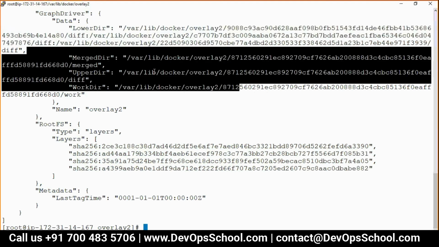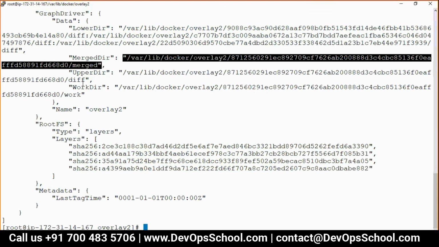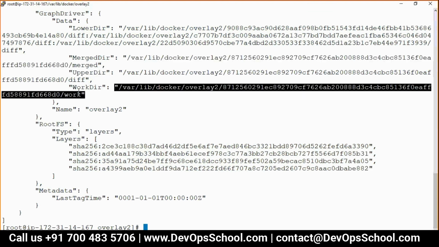In the last layer you have merge, diff, and work. Now the question is, what is merged, what is work, and what is diff? Right now I will not explain, but in 10 minutes I will show you directly, then you will understand better. I will show you that demo.